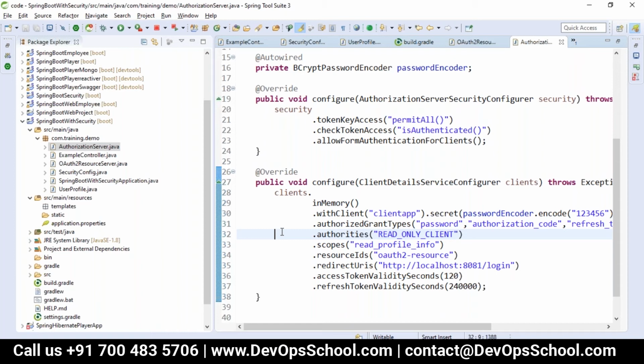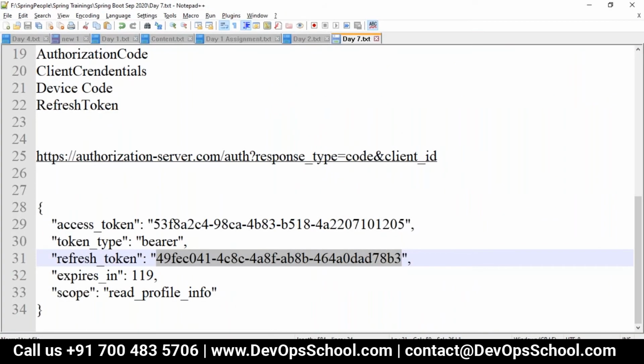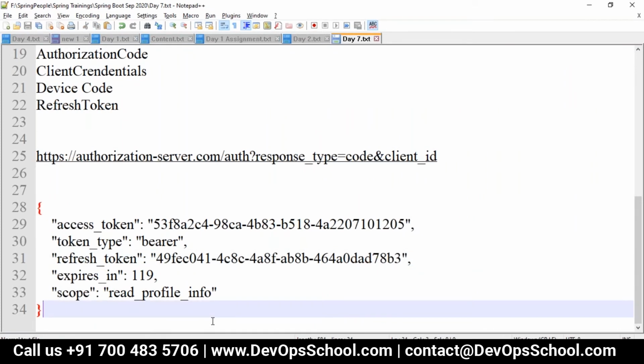The refresh token only goes to the authentication or authorization server, but the access token goes to the resource server. So you have two types of tokens here.